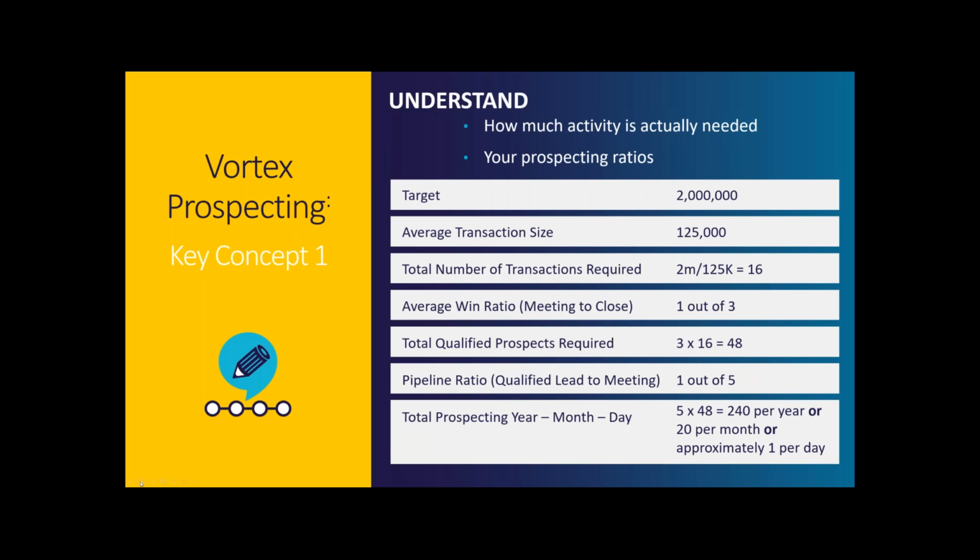When we do this exercise with a lot of our clients, we get the deer in the headlights look in the eyes because they are blown away that the number of prospects or the number of meetings or the number of qualified opportunities that have to be created are almost always much more than they initially understood. So this is the baseline. I don't know if I can hit my target if I don't even know what my target is.